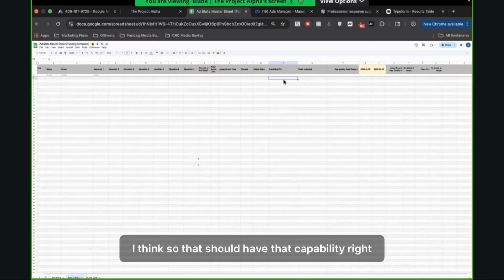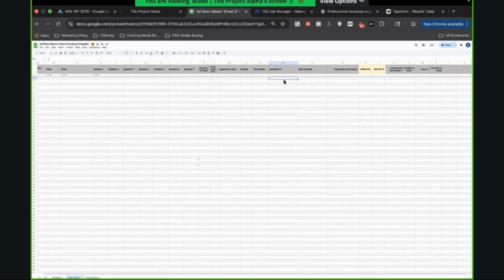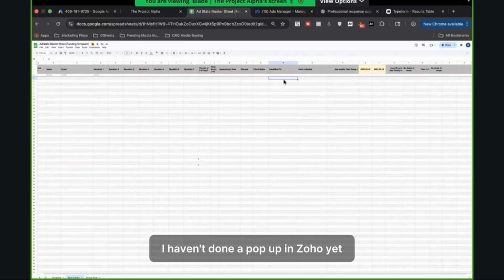The pop-up, is it in Zoho? I think so. That should have the capability, right? I haven't done a pop-up in Zoho yet, but if there is a capability, we can figure that out, not a problem. But ultimately, this is just whatever's easiest for you. Whatever we can do to make your life easier here, we'll figure this out. I know, I mean, the pop-up would be easiest, but if we can't do that, then,